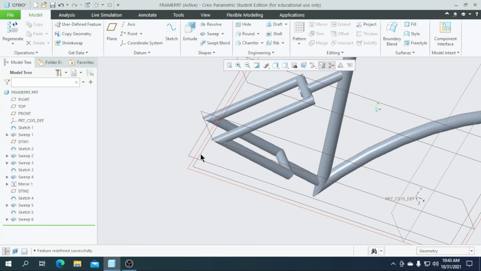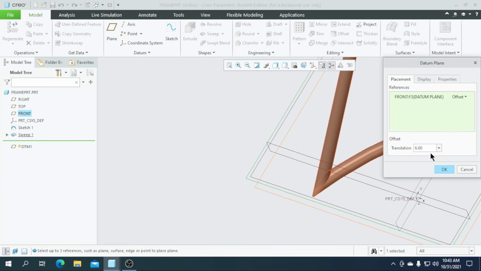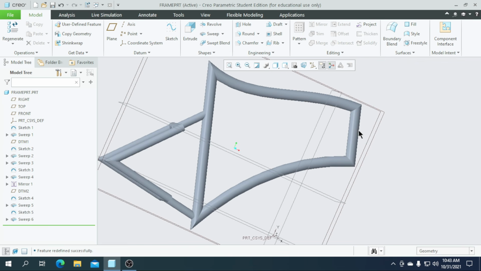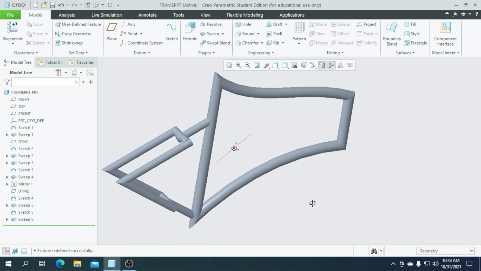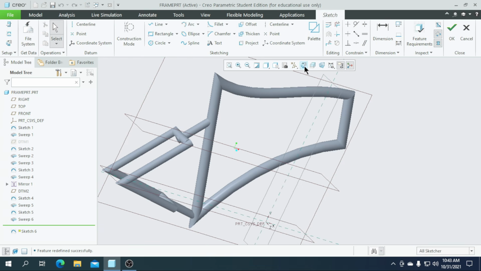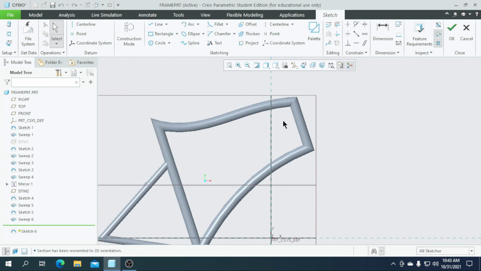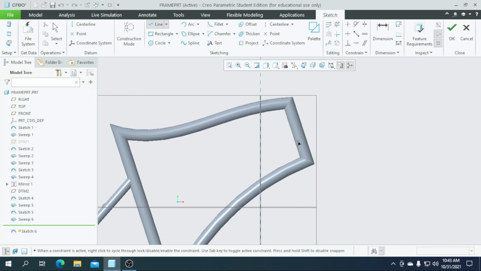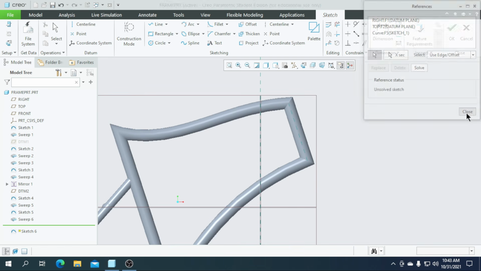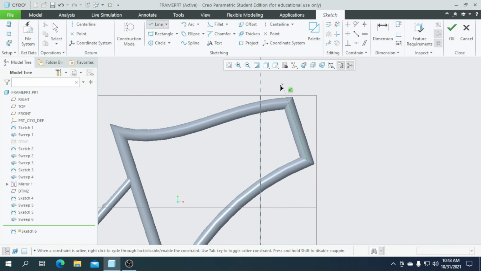So go for this plane. We entered a value of 6, so it's okay for me. So now we are going to create a hole here. So go for the front sketch again. So let's hide this datum plane, go for the front sketch and sketch view, and I'm going to draw a line here with this reference. So go for the reference and select this center line and close it, and I'm going to draw a line here,